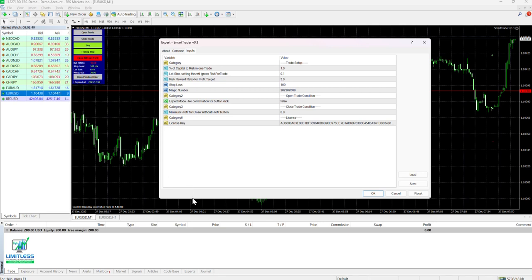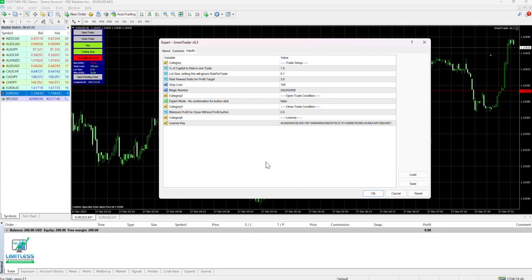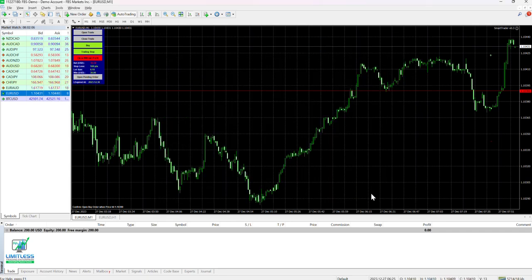As long as the trade turns positive, the EA will close it in a split second. However, if you want to set a minimum, like you must have $1 profit or $2 profit, you can set it here, and it will only close when it turns into $1 or $2, depending on your setting here. So for example, now if I want to open a trade,